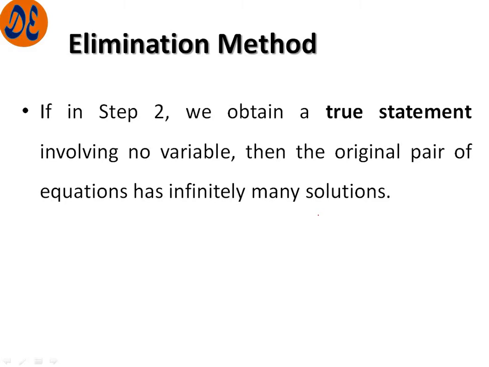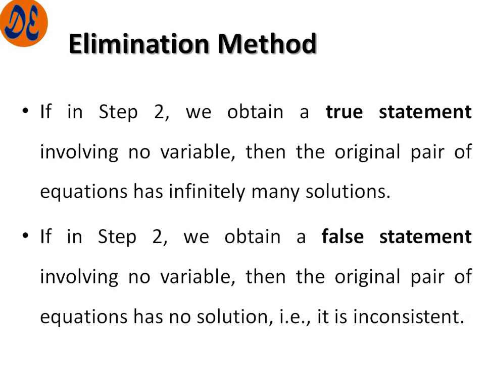In other words, graphically, one equation is overlapping the other equation. That means if we draw a straight line for both equations, one line will overlap the other, so both equations are the same. If we put a value of one variable, either x or y, we will get the value of the other. If we put another value of x, we will get the next value of y. As many values as we put for x, that many values of y we will get. So the number of pairs of values will be unlimited.